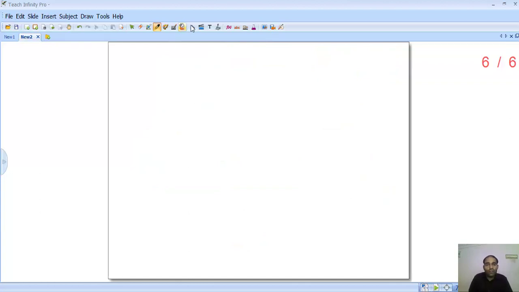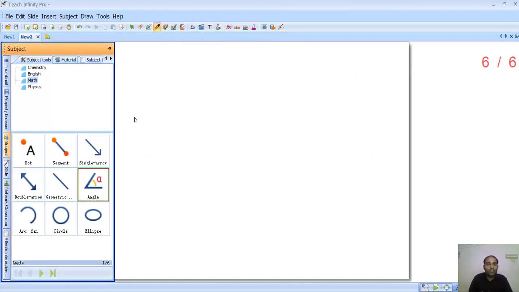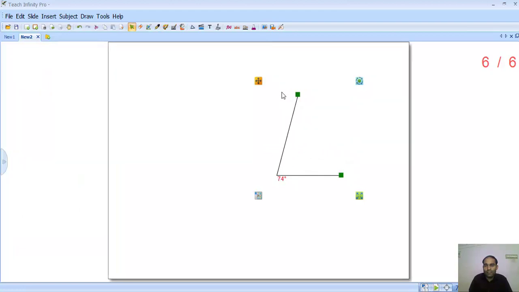Now I was talking about a straight angle. What is a straight angle? Okay, let me draw one. You can see this line is increasing and it goes to 90 degrees. It is a right angle. When it keeps increasing and comes to a measurement of 180 degrees, the line becomes straight. This 180 degree angle is called a straight angle.